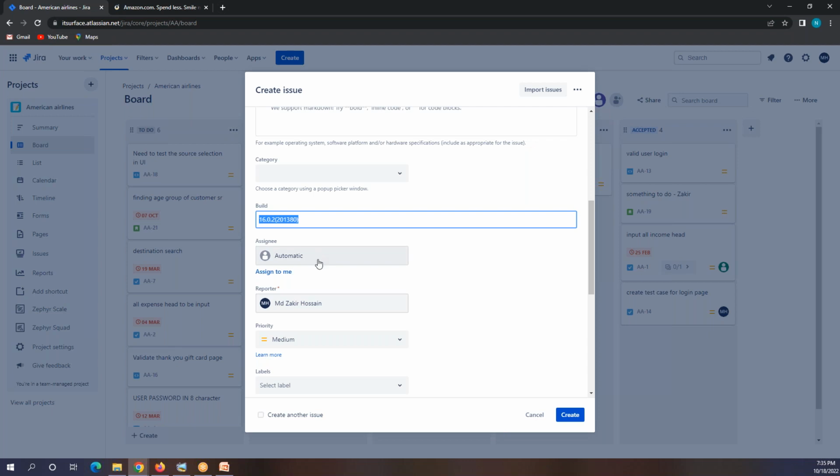Okay, and if you don't know, you can just ask the developer what the current build is that is going on, and they will give you the build number. If not, you can just keep it empty. Or if you don't know anything about that, keep it empty, and the Scrum Master will let you know that you also have to insert the build number. Then you can ask the developer, or you can check the application for the build number and edit that. You can do that.